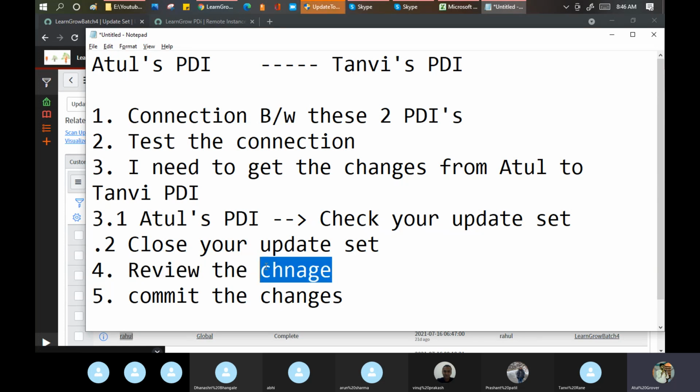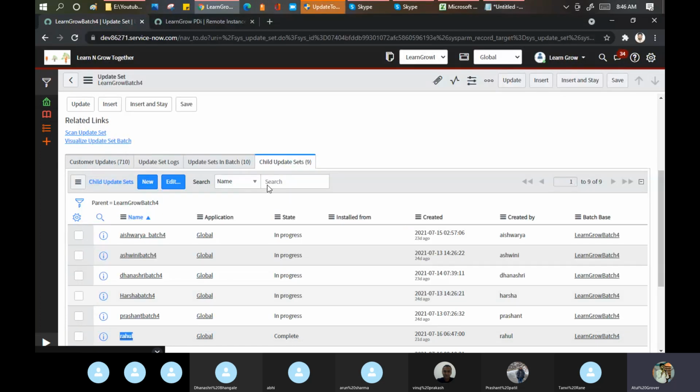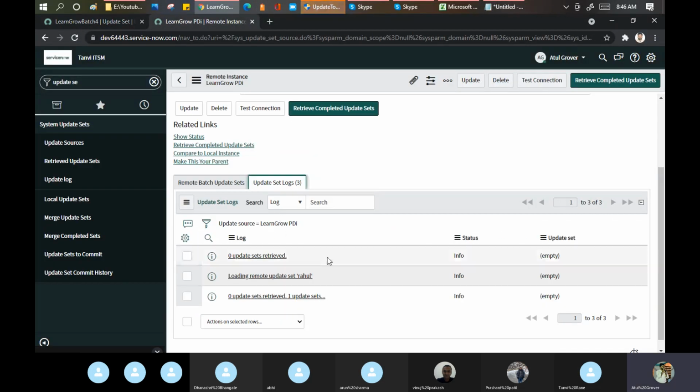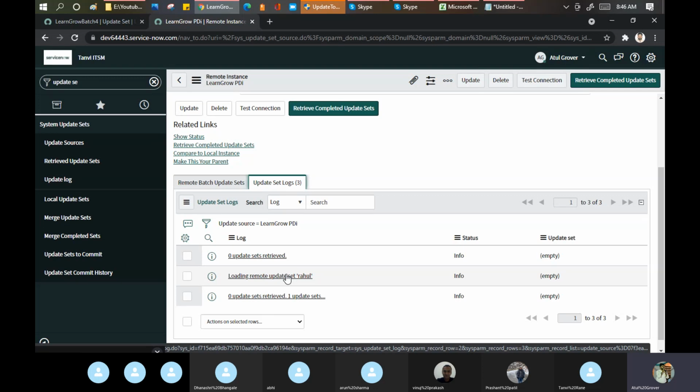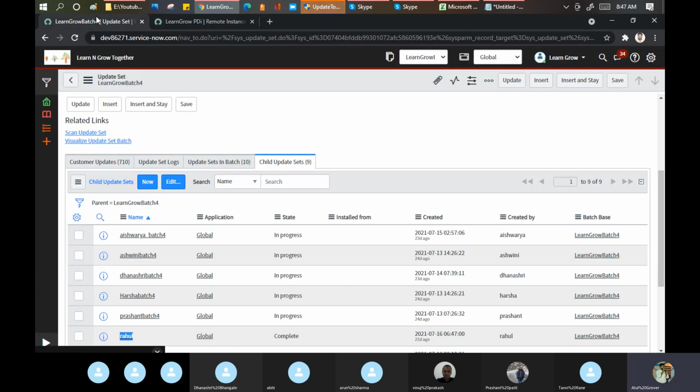So the same thing happens here. That is the thing, Vinuj, I told. If you close any update set, it will become part of the retrieving as well. Now you cannot send it back. It is there. Now it is up to you. Do you want to commit or not? That is totally up to you. You have a food item now. Do you want to eat or not? Totally up to you. If you want to eat, eat. If you don't want to eat, don't eat. That's not a problem for me. Okay, is your point clear, Vinuj?